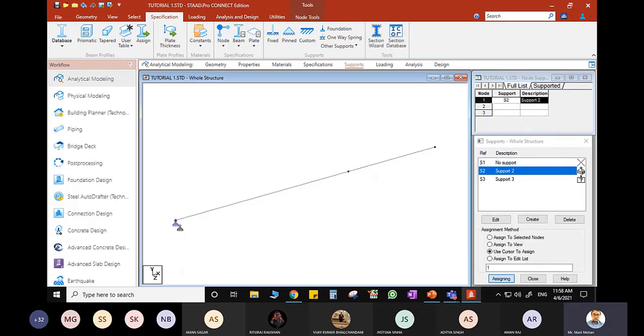We have given a pin support in the left node point. Come to support 3. Now this support is being located at this particular node. Here you see I have given this support. Is this thing clear to everyone, how exactly the support has come? If not, I can repeat this again.